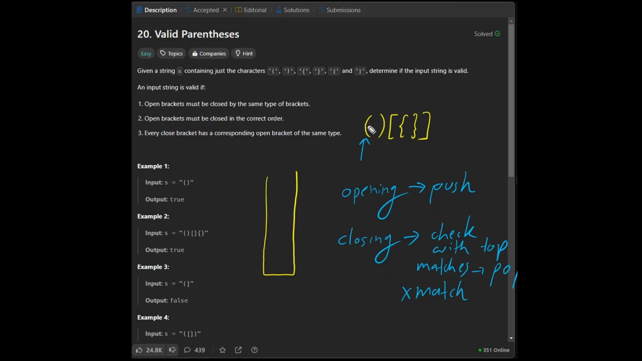Let's try to run it over here. We have an opening bracket, push it over here. The next is a closing parenthesis, and they are both the same type. So in this case, opening, you push it. Closing, check with the top. Is it matching with the top? Yes, it's matching with the top. So pop this element out. Now